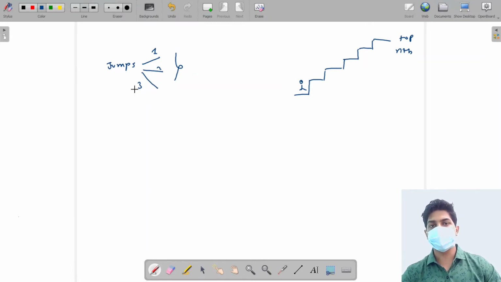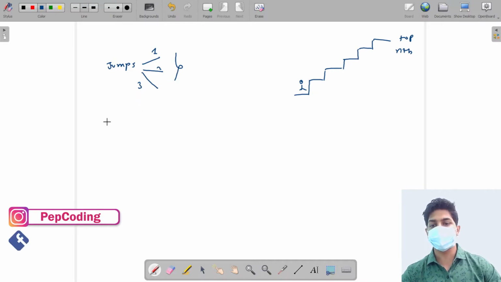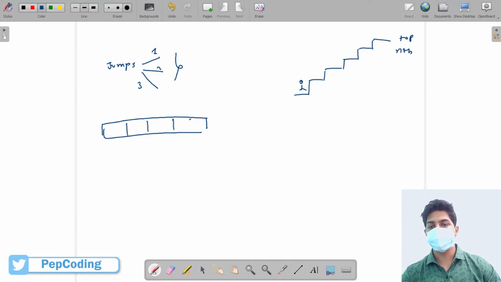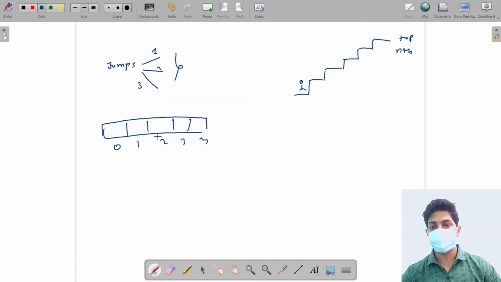But this is where the difference is in this problem. Here we are given another array of integers, where at each index there is an integer value which indicates the number of jumps we can take if we are on that particular stair. So suppose at index number 2, 5 is stored, then it means that if we are on stair number 2, then we are allowed to take jumps of 1 unit, 2 unit, 3 unit, 4 and 5 also we can take, but we will exceed the destination, so we will not take those jumps.